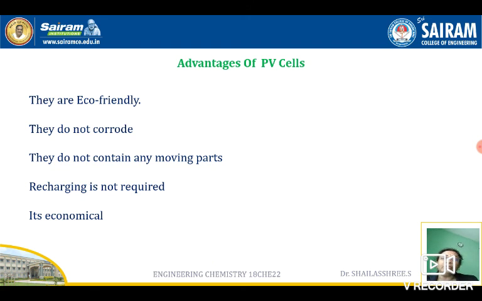Then you have to draw a neat labeled diagram and explain it as I said previously. A solar cell consists of a PN junction at the center, and at the top there will be a metal grid, and at the bottom there will be a metal layer. These two layers are connected to a conducting device like a battery, and there will be an anti-reflective layer. Solar energy contains small packets of energy called photons, given by Planck's equation, E = hc/λ.